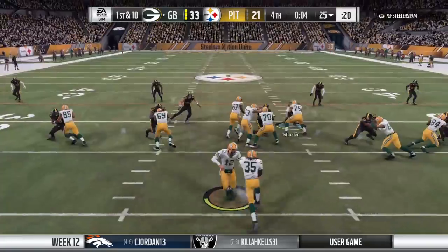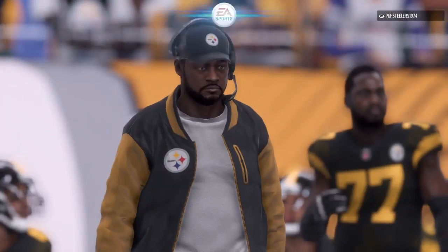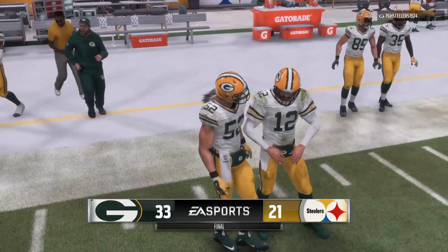Call it a victory. On first down, this is Ivory. And not a whole lot doing there as he'll get it up to about the 28-yard line. A lot of scoring. There's no doubt about that in this one, Charles. Points, they were not at a premium. They were